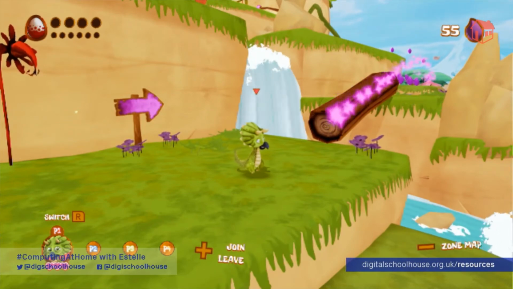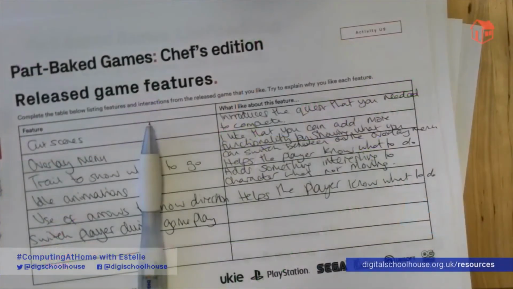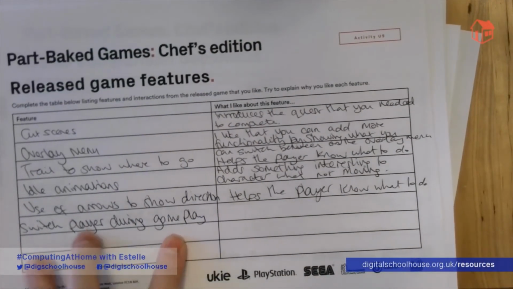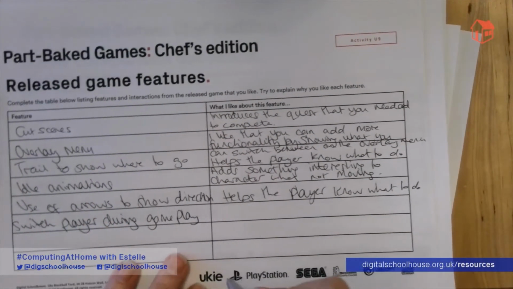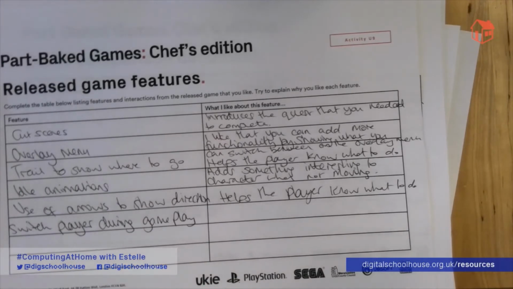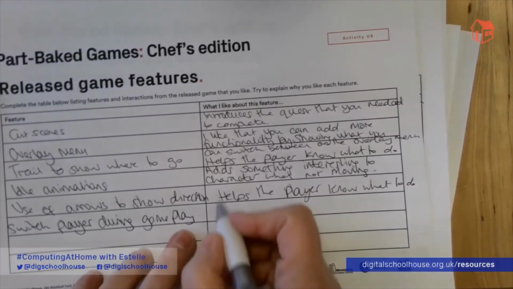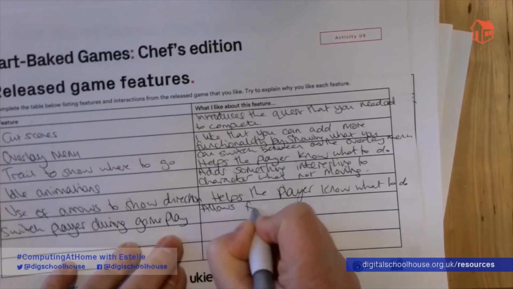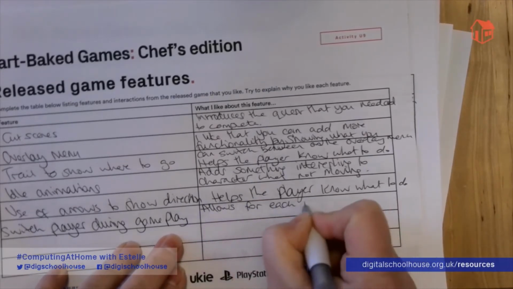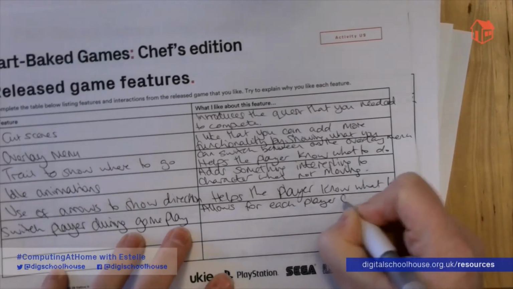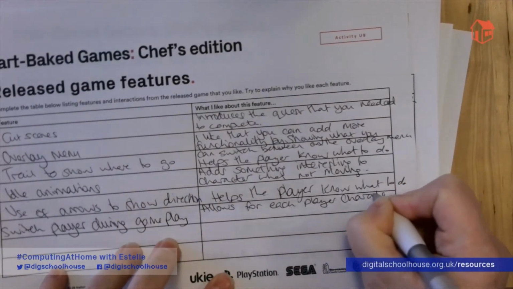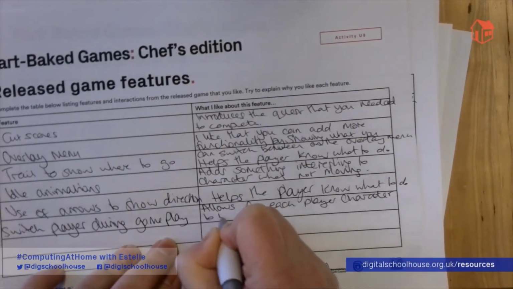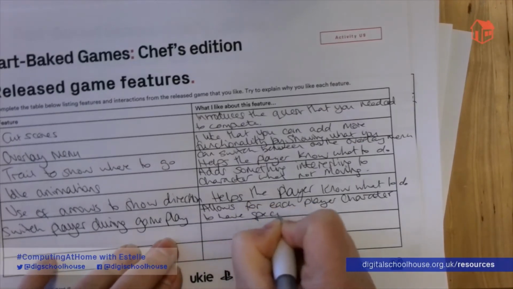So that's something else I think is quite nice about the idea to have switching players during gameplay, because it means that you can have special moves for the different races. Remember, my version of the game was a race game, so yours might not be relevant for that because you might not be using the same kind of ideas as me. So what I like about this feature is it allows for each player character to have special moves,